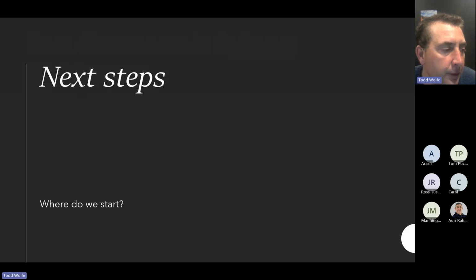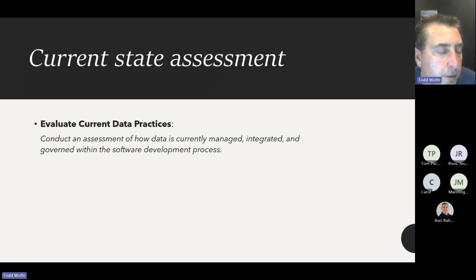So what do we do? Next steps. How do we start all of this? One of the first things that's always critical to starting to improve on processes, and to see how it can benefit us in the organization, is to get a current state assessment. Where are we today? I asked you guys on that survey a little bit ago to evaluate yourselves, just generally speaking. What an organization needs to do is be honest about it. Be upfront, be concise, and consider where you are on a spectrum.